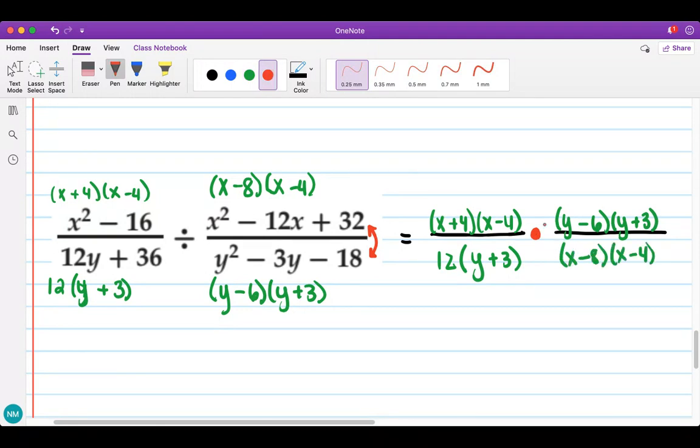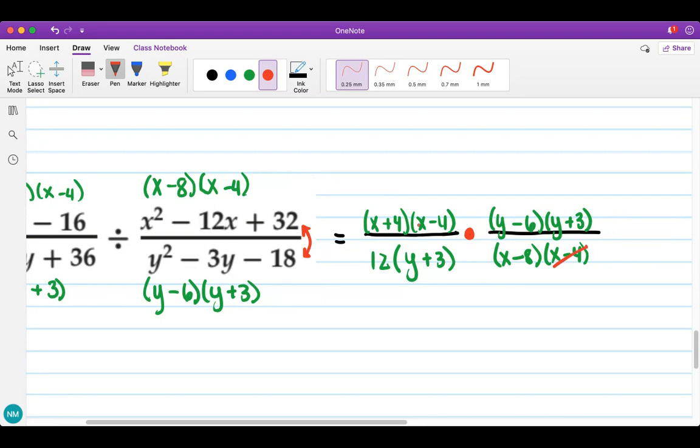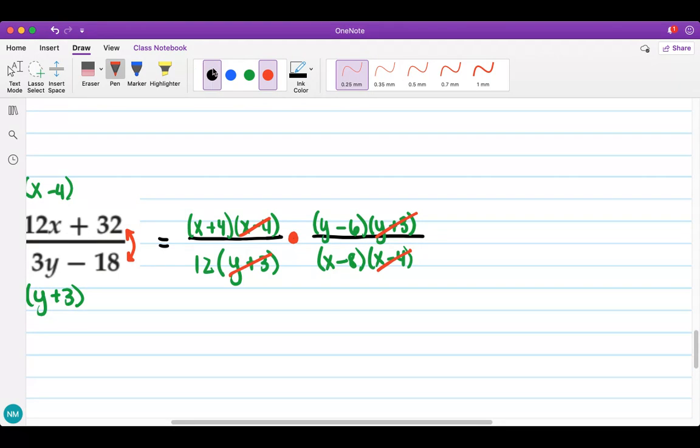So now we can do our cross simplification, x minus 4, x minus 4. Y plus 3, y plus 3, and that is it. And then we multiply across. So we get, in my numerator, I have 2 factors, x plus 4, y minus 6, over 12x minus